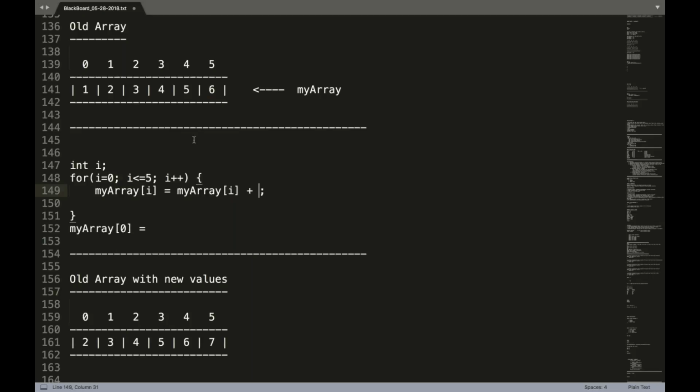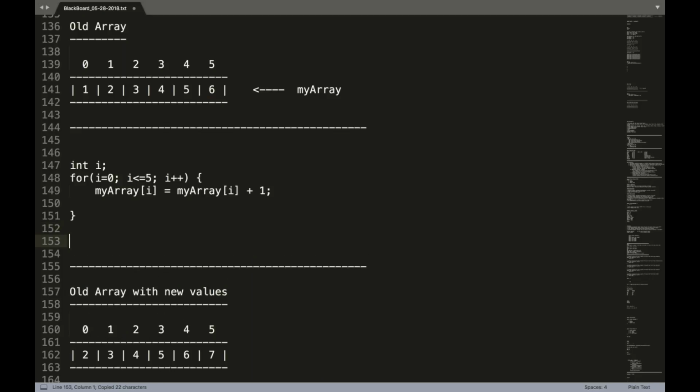Okay. Yes, I think you are right. So my array I, which is 1, and then plus 1. You are right, actually. I was wrong. So this will be 1, because my array I is 1, right? And then plus 1, which is 2. Yes. Right? So in my second iteration, it will be